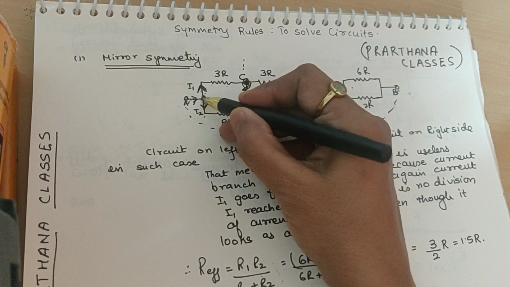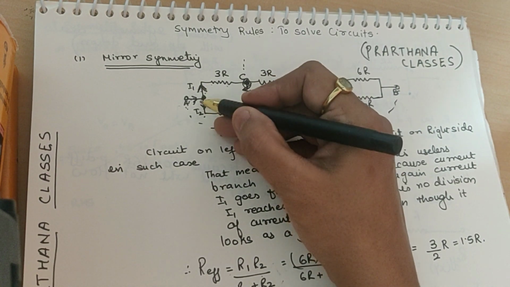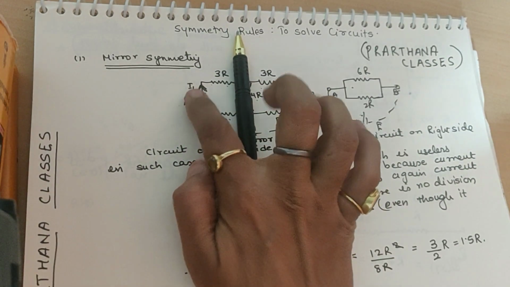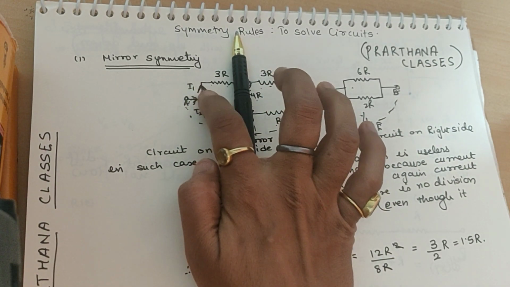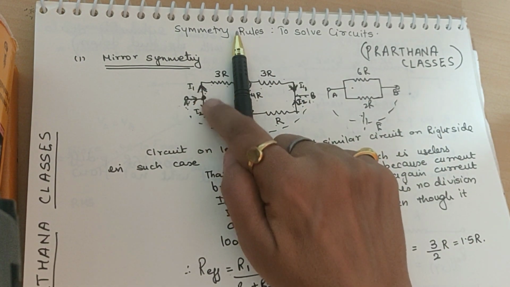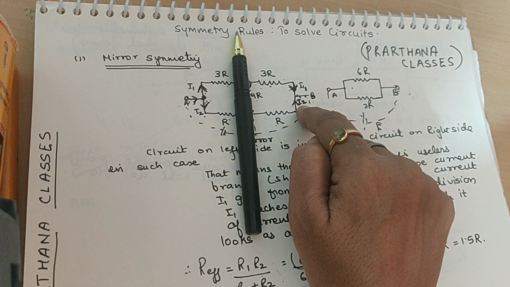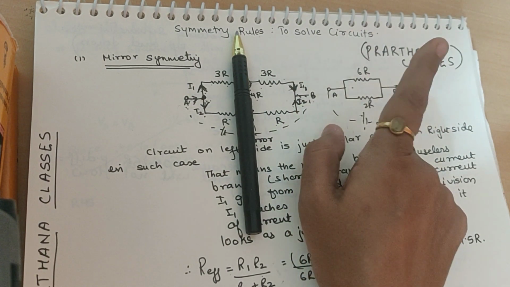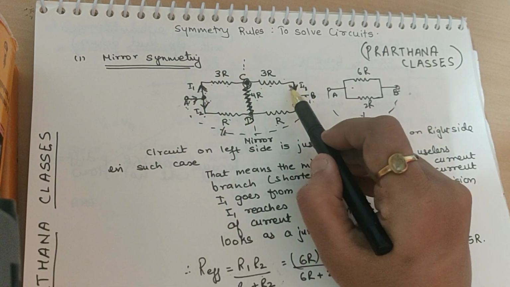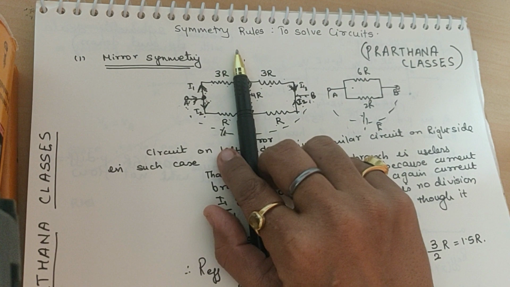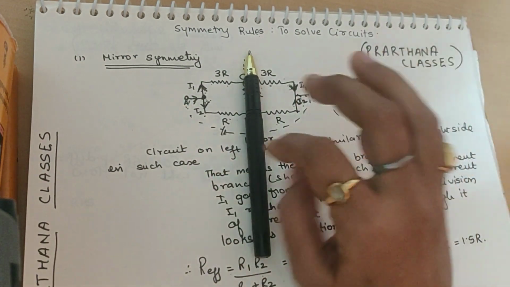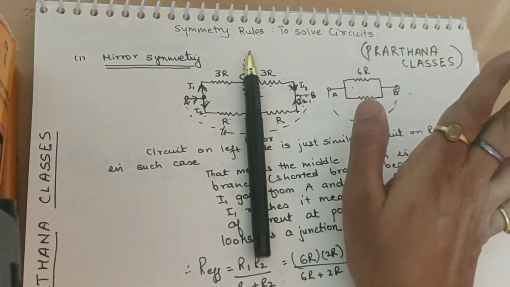Here the current will divide. Suppose I1 current flows here and I2 current flows here. Since the mirror has been kept here, when the current goes from here, it will come out like this, I1 again from this part, and I2 goes like this and comes out as I2 from this part. Now you must understand the direction of the current should be like this. I1 goes from here, it comes out here. It doesn't mean that because the mirror has been kept here, the arrows would be like this. You need to know how the current is flowing in a circuit, from positive to negative.